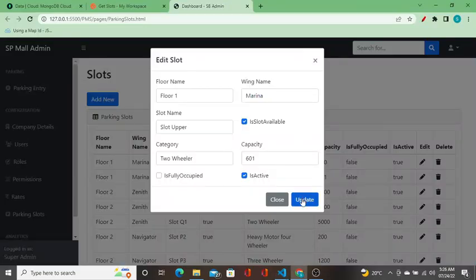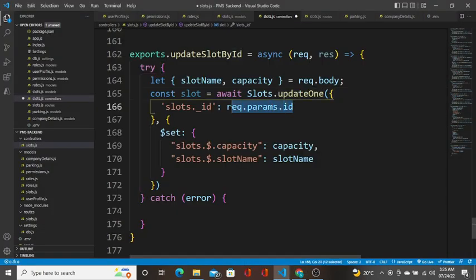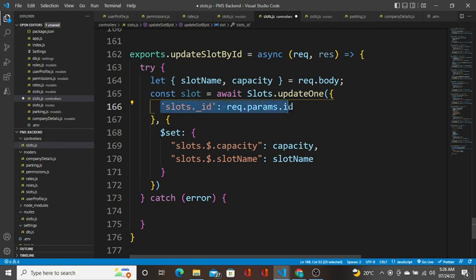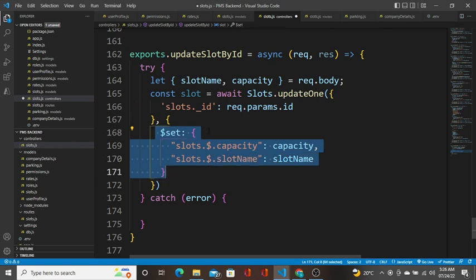Whenever I click on update, all these field data we capture, right? As I already told you, we have the ID of the slot at this point. When I click on this edit button, we have the ID of the particular slot here. So we are passing that slot to this filter condition. If the slot is available, we are directly updating it. With $set, the advantage when we update is that in the query we will not first find that data by ID and